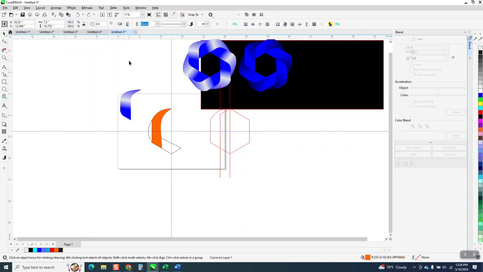Let's make our nudge factor with nothing selected. Let's make it like 10 inches. And let's nudge this out of the way. And now let's nudge this up and nudge this back. Now, what I'm going to do is left click, right click,